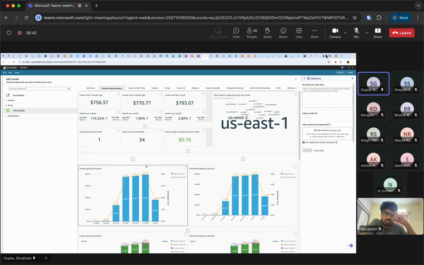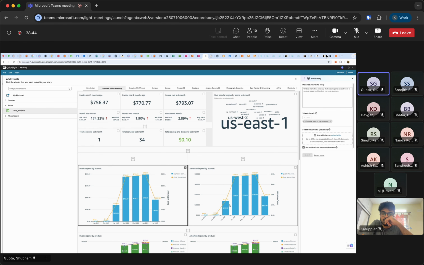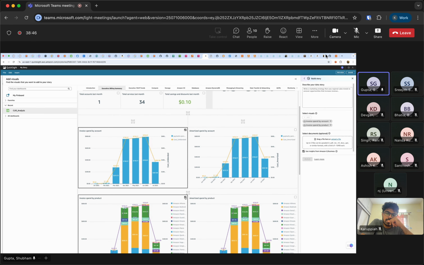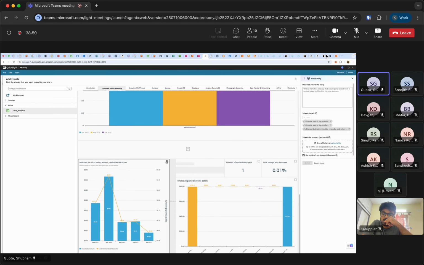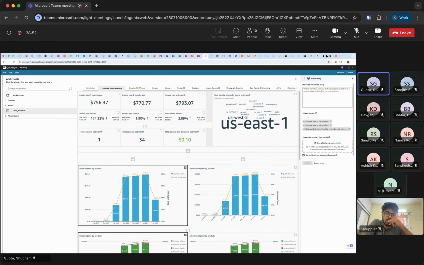Maybe I'll go and select. So it lets me select some of these charts which I want to use for my story. Okay, I select 3 of these charts and I give it: write a story how our costs of RDS and EC2 are increasing and what we can do to optimize it.